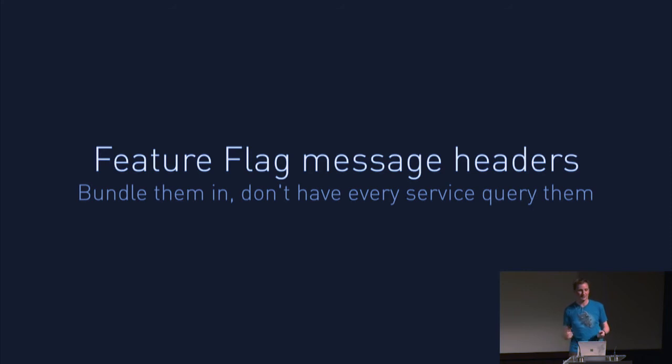But if you are going to use them, an important tip for services is don't have a database that every service queries. Because you've now made another single point of failure, and moreover, every single service, every single machine in your company is going to call that server. The trick instead is to bundle all the feature flags in with a service call. So like that ID I said, we have a sort of header of message information. So when you hit the website or an API, we then at the boundary work out, okay, these are the flags you have set, and then pass them on, and they're transitively given to every service in that call stack. So there's one call to the database, not hundreds.